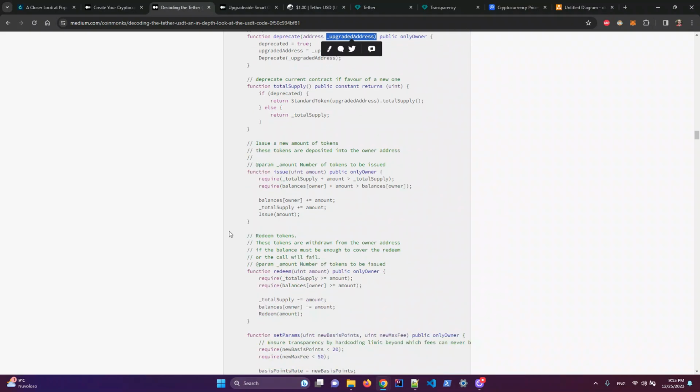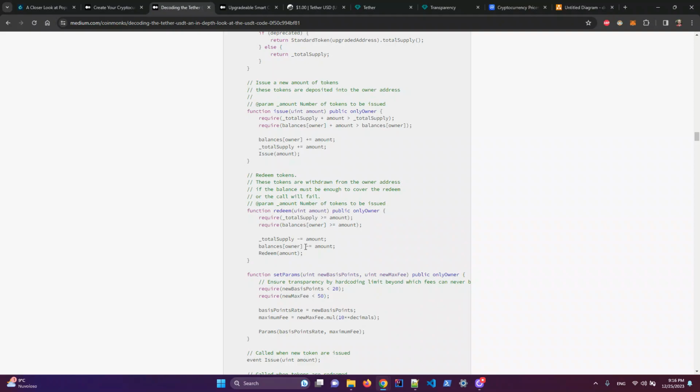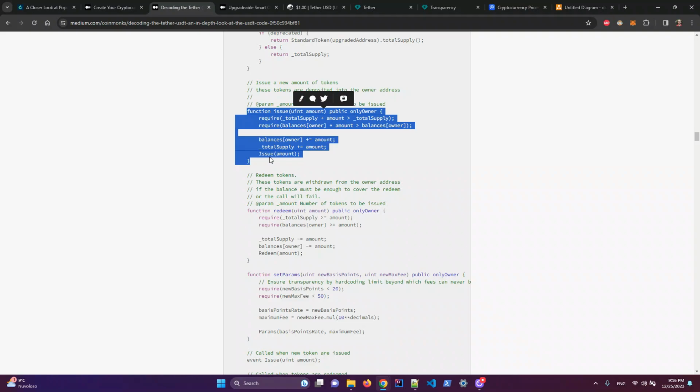Now, there are two other important functions, which are the issue function and the redeem function. The issue function is created to mint new tokens. Please bear in mind that for tokens we use the word mint, which means basically to create new tokens,